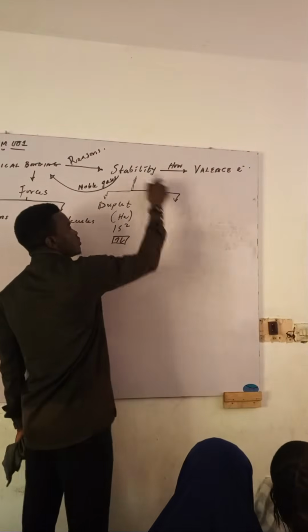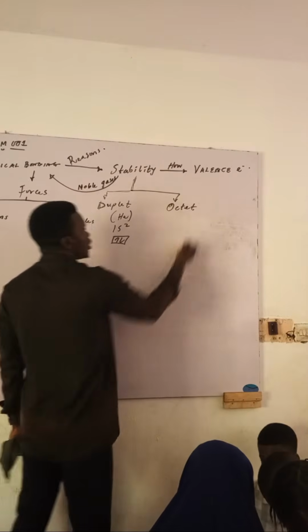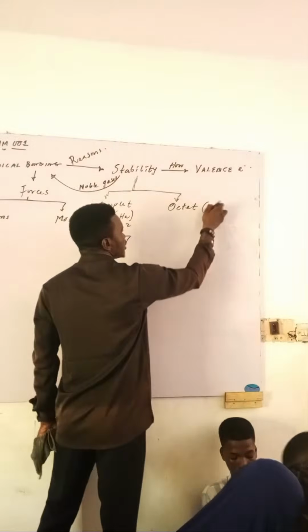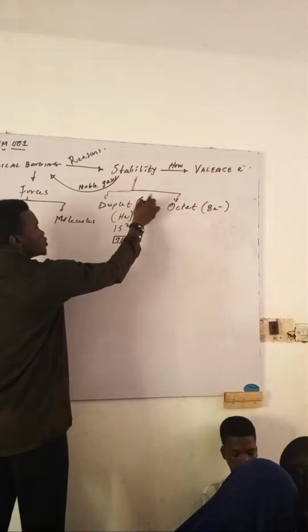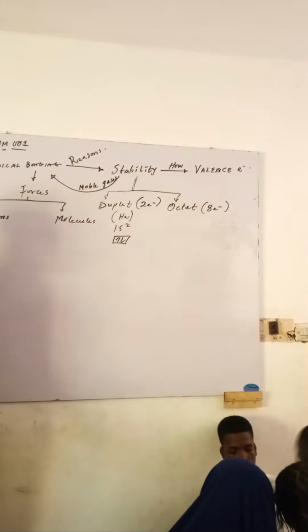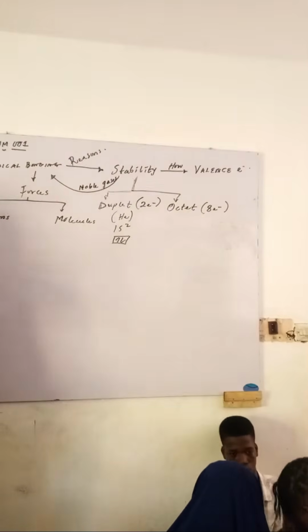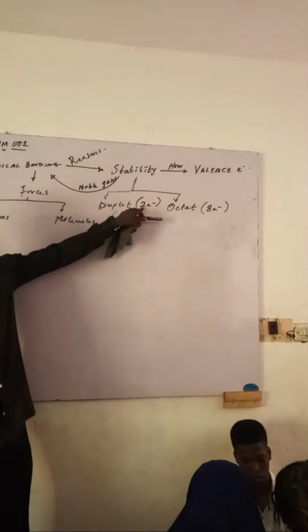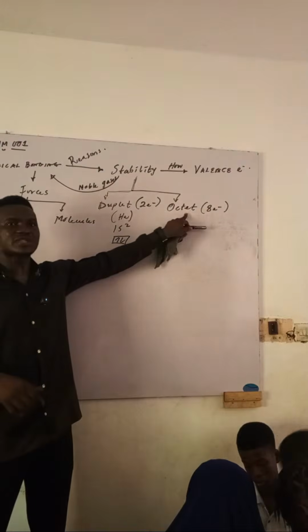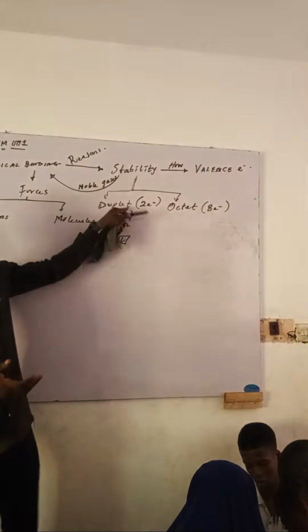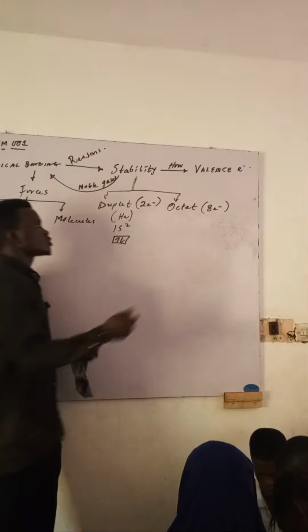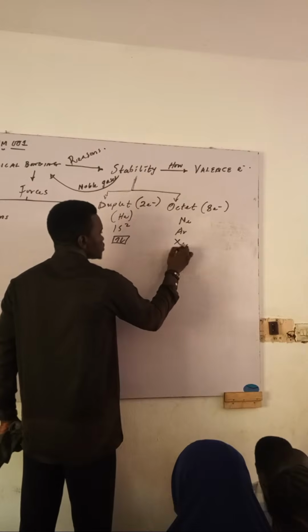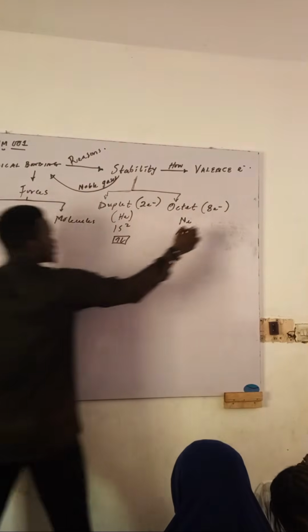Some elements want to be like this guy, you will see. Then an element is also stable when it has an octet. Octet means it has 8 electrons in the outermost shell, and a duplet means 2 electrons in the outermost shell. I've shown you that from the picture. Elements that have 8 outside are stable. Some elements that have 2 are also stable. When they have 8 outside, they are said to be octets. When they have 2, they are said to be what? Duplets. Examples are neon, argon, xenon, krypton, and the likes. All those noble gases.